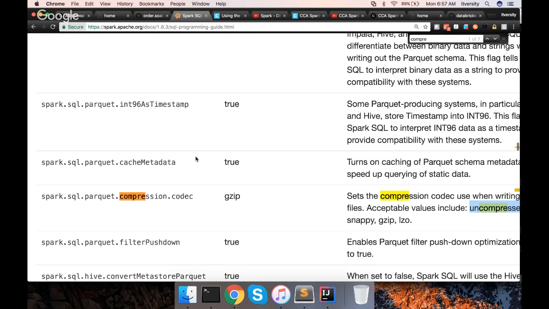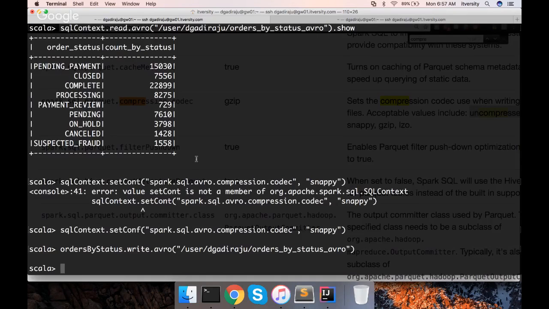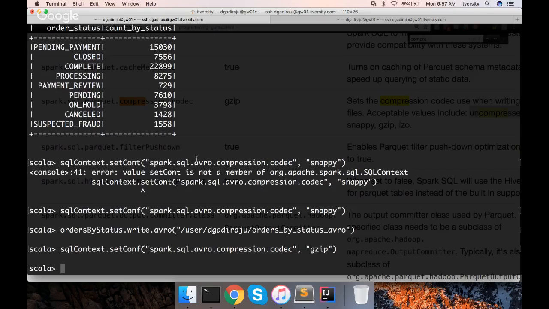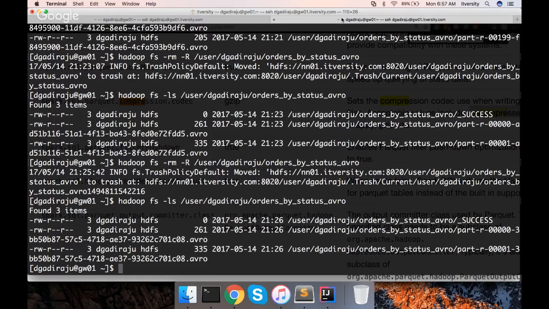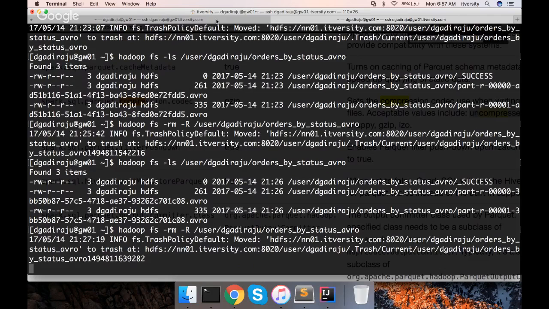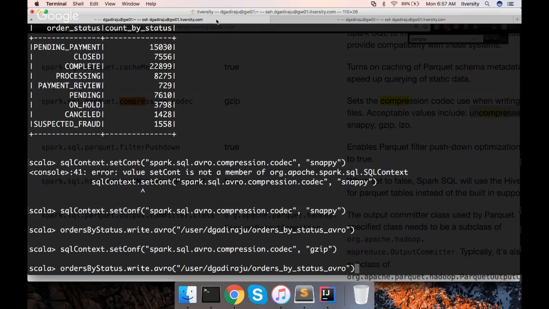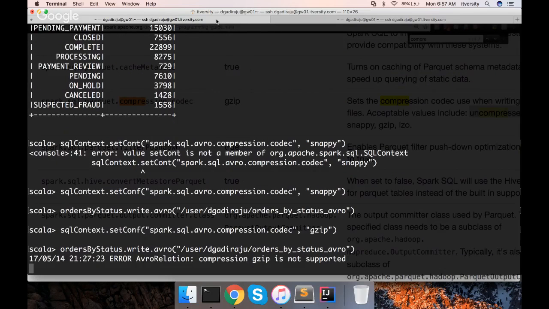Let me change it to gzip, and then let me delete it. Okay, compression gzip is not supported.